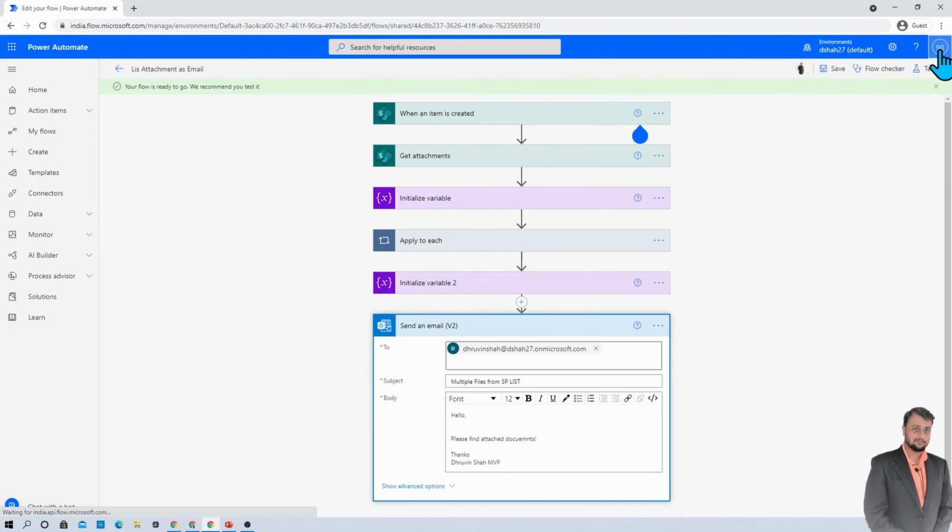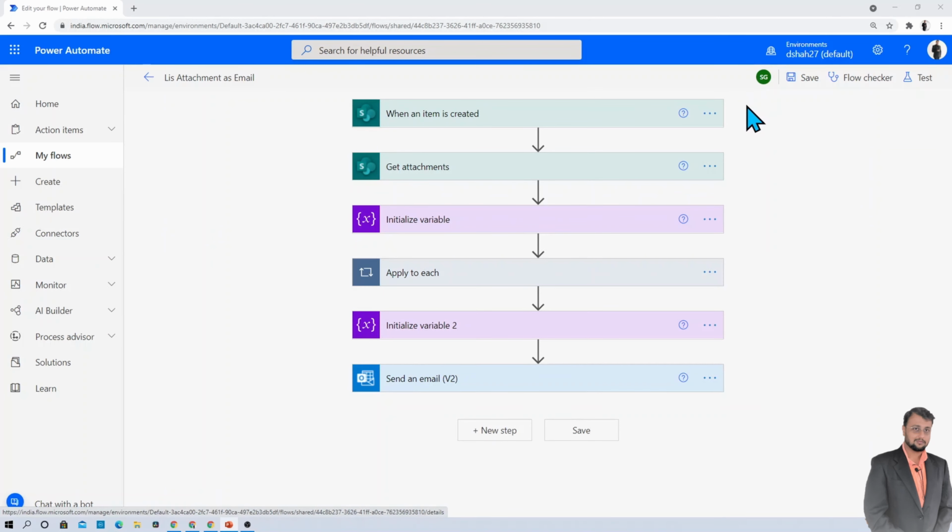You can see that I have logged in with Shriraj's account at this moment and the flow is opened in the edit mode. And Shriraj is able to see Dhruvin's icon over here. So by co-presence functionality, we are able to see who is editing the flow at this moment, and it is real time and on the fly. Suppose the flow is shared with 5 different users and 5 different users are editing the flow at the same time, you are able to see 5 different avatars over here.